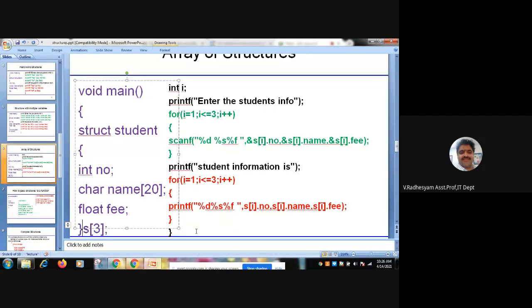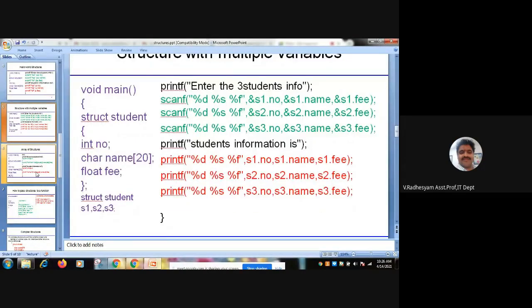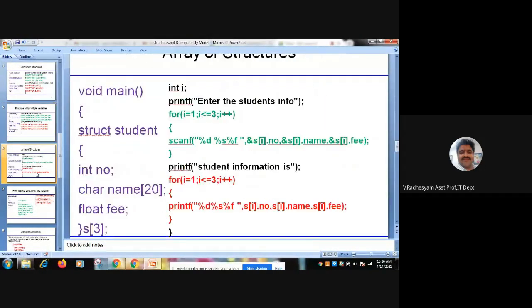Anyone say what is this s? Anyone can reply. Structure variable. Yes, a structure variable. Here if you see, in these examples, s1, s2, s3 are the normal variables.